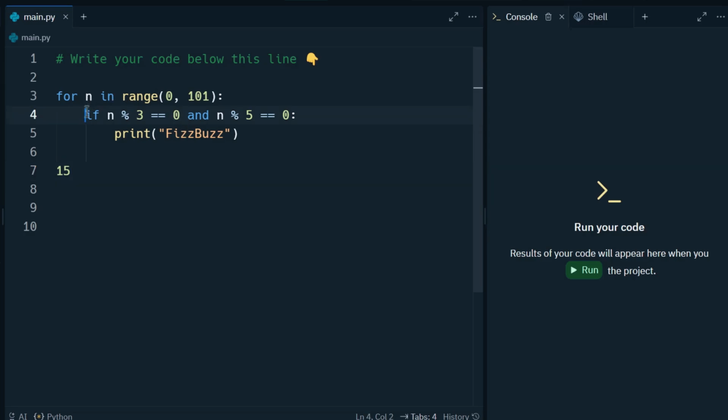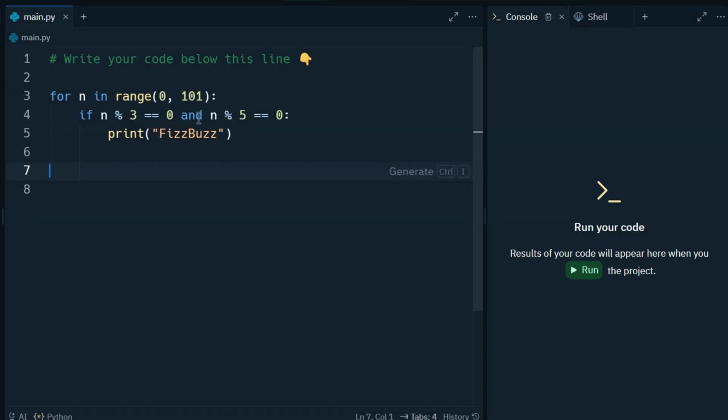Why? Because at the first if statement you are checking if the number is exactly divisible by 3. And the first if statement will turn out to be true, because if the number was something like 15, 15 divided by 3 leaves a remainder of 0, meaning it's completely divisible by 3. So it will just print out fizz and then go over the loop again. That's why you first have to check for the case where the number is divisible by both 3 and